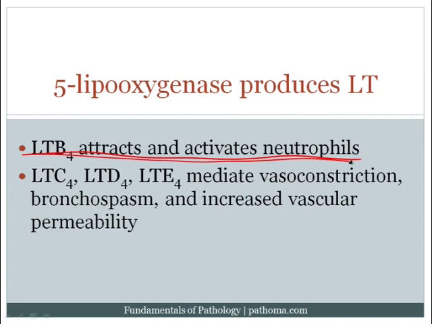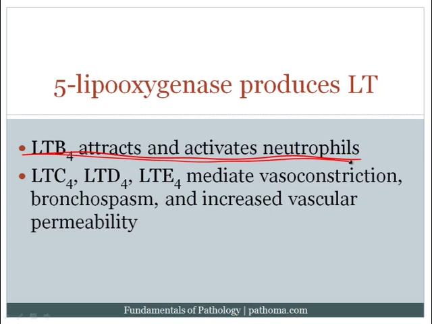Okay, I'm going to take a step back here and remind you that there are three key mediators. Some people might say four. So let's say four key mediators that actually attract and activate neutrophils. The first is leukotriene B4, the second is C5a, the third is IL-8, and the fourth are bacterial products. So these four mediators are the ones that you need to store away in the back of